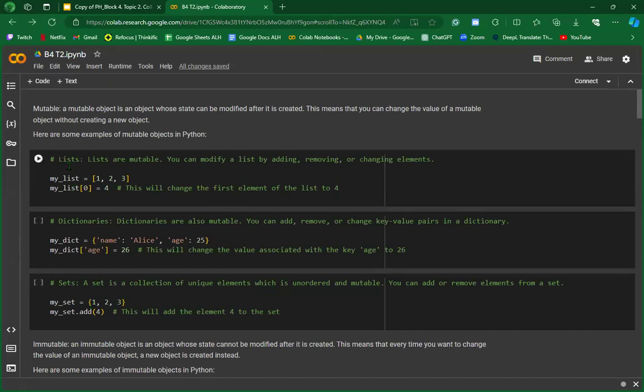So you're going to see three code cells here. The first is for lists, and you can modify a list by adding, removing, or changing an element. The first line of the code here will be my_list equals 1, 2, 3. So the values 1, 2, and